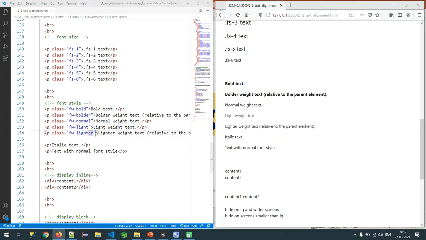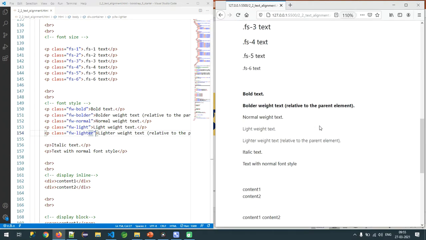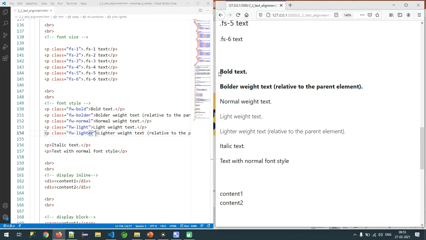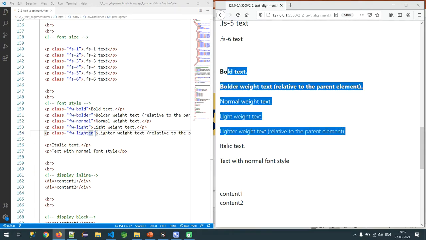Now you can see the variations here. For your reference, I'm just zooming here. Now you can see this is a bold text and it is followed by its parent element, normal text it is, and this is the light text, it is just followed. So this is the way I can do the font styling.